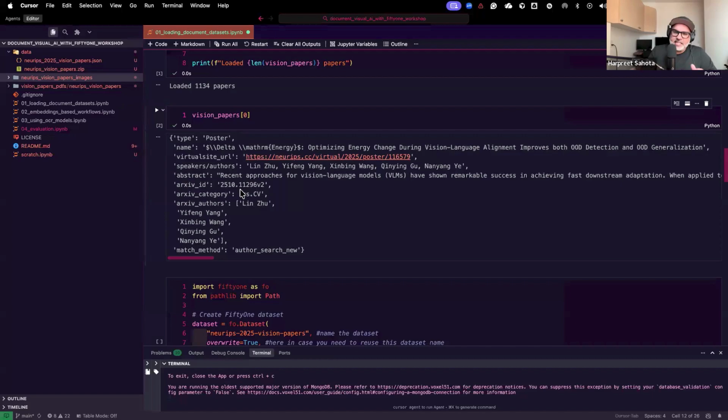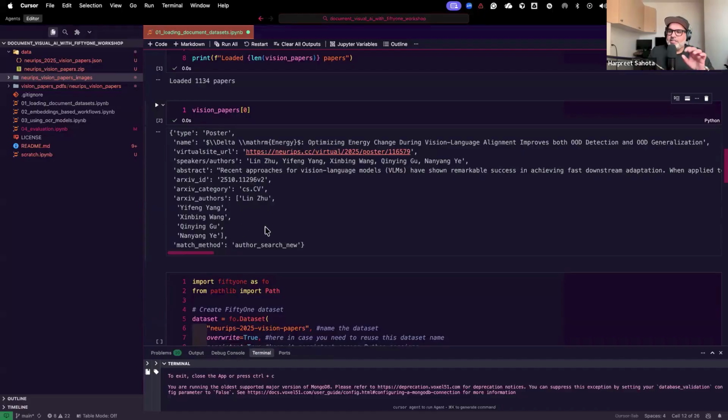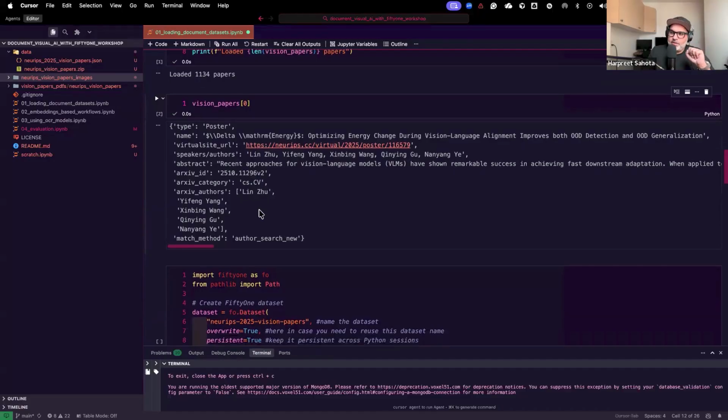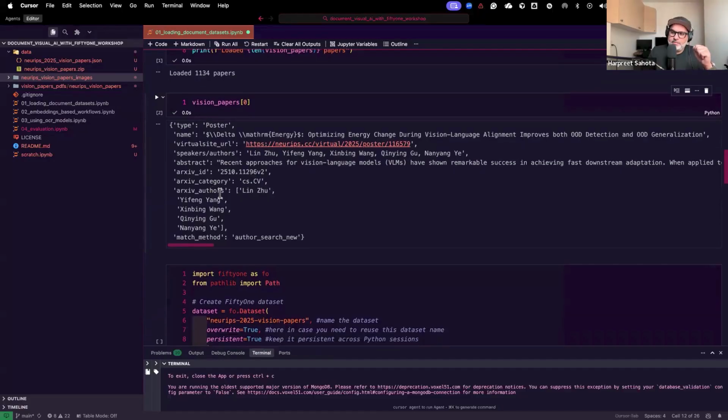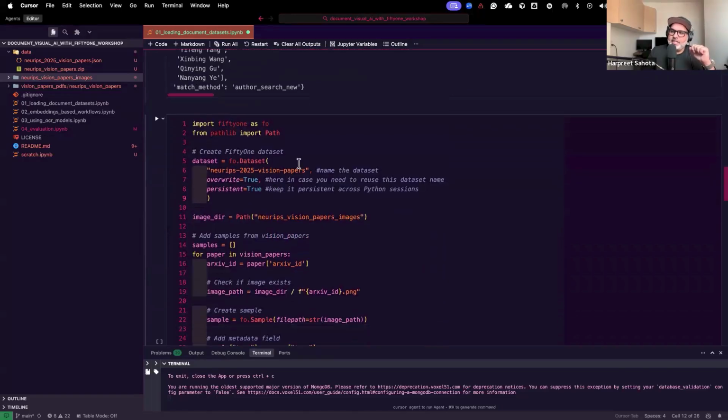when I constructed this dataset, I was searching the arXiv API by the paper title and by the authors, and then from there getting the arXiv ID and extracting the category of that paper as well as the authors. So that's kind of what's going on here. So this is what the metadata looks like, right? And then to construct a FiftyOne dataset,